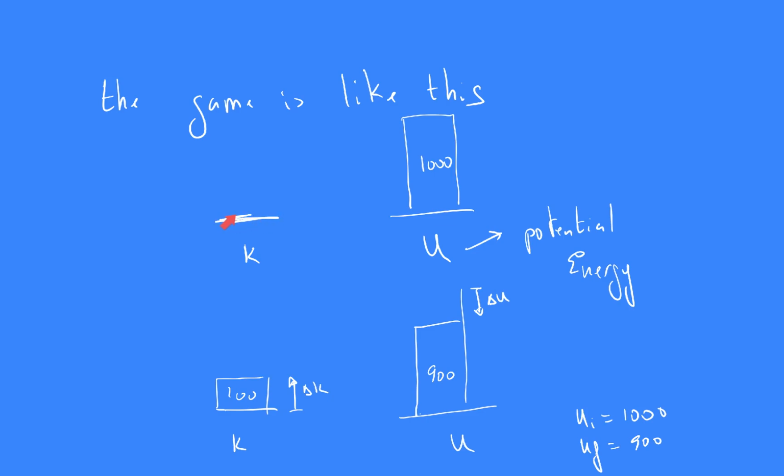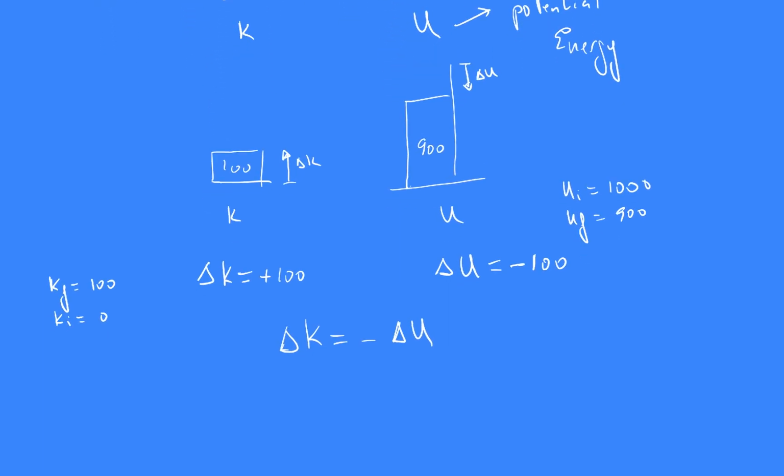If you start with kinetic energy 0, you have 1000 joules of potential energy, maybe stored in your body. When the body gains 100 joules, you lose 100 joules. So now you don't have any more 1000, you have 900. So the change in potential energy is initial 1000, final 900. The change is final minus initial. The change is minus 100,